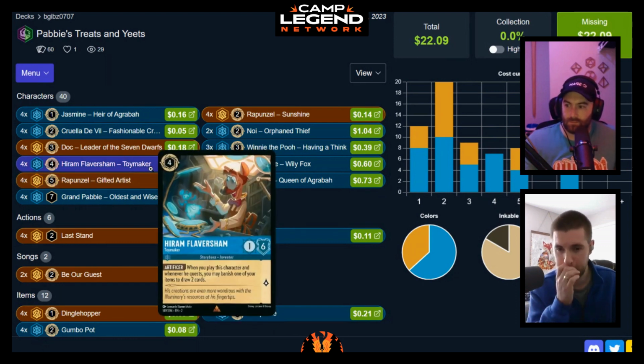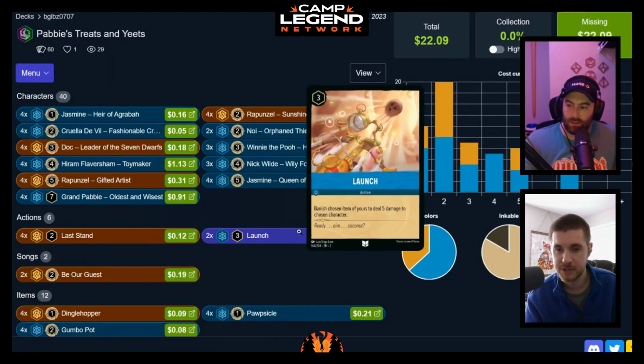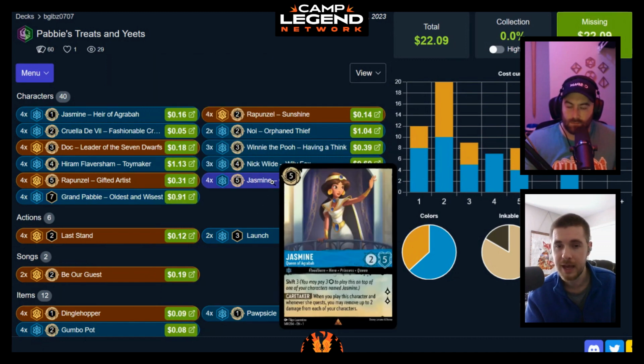Hiram, every time you banish one of your own items, you get to draw 2 cards. He is a staple from Rise of the Floodborn. So you've got decent card draw here. And eventually, if you can get down Grand Pabbie and Jasmine, Queen of Agrabah, which you can shift in using the 1-cost Jasmine,